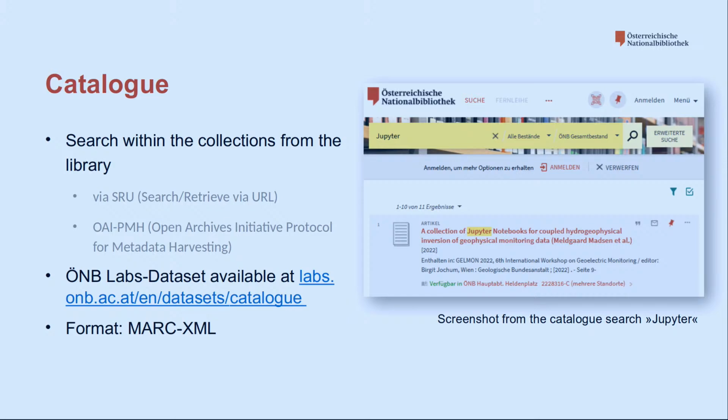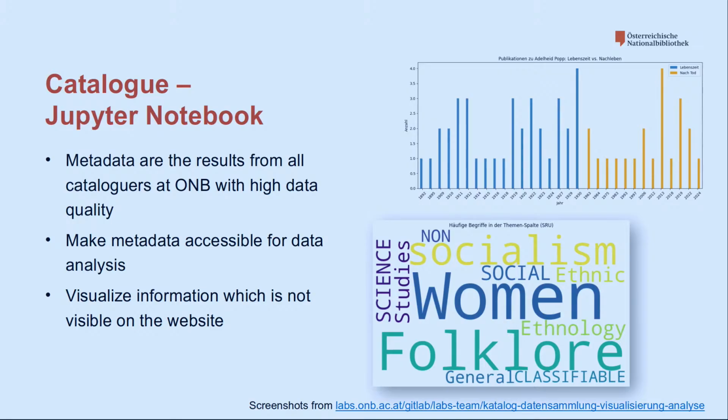We have SRU, which is Search/Retrieve via URL, and then we also have the Open Archives protocol. And these are kind of 2 more technical interfaces. So here it was also important for us to develop a Jupyter notebook